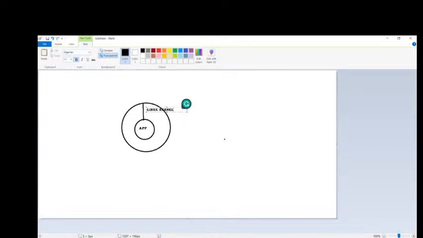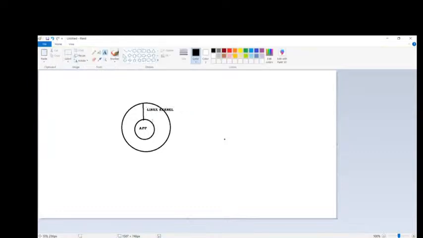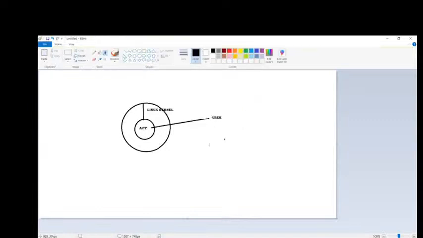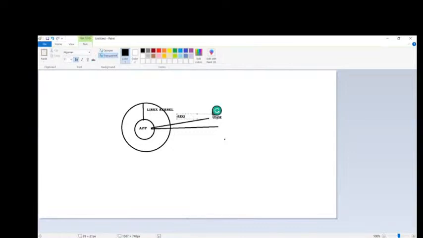So this Linux kernel always works like this: as a user, I'm sending a request, for example open the contacts application, or open the camera, or open the gallery, some request from my phone. It travels through the Linux kernel, so the user always interacts with respect to the Linux kernel.